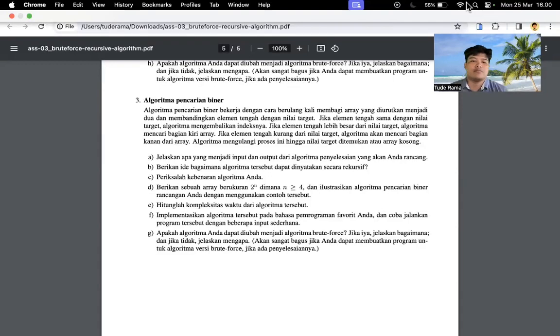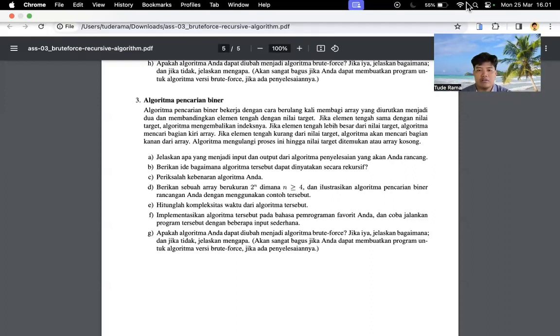So next I will explain about the third question about the binary search algorithm. Binary search is like dividing an array into 2 and comparing the mid element with the target value. If the mid element is equal to the target value, we return the index. If the mid element is greater than the target value, we will search in the left side of the array.